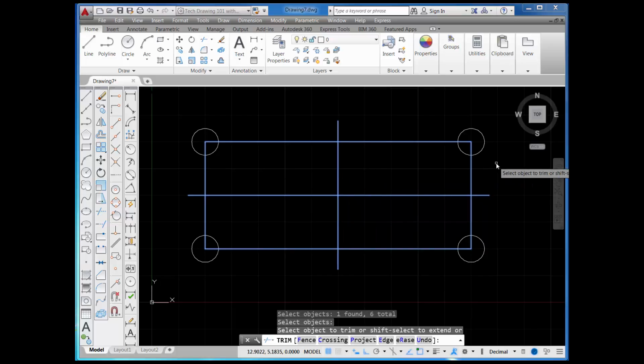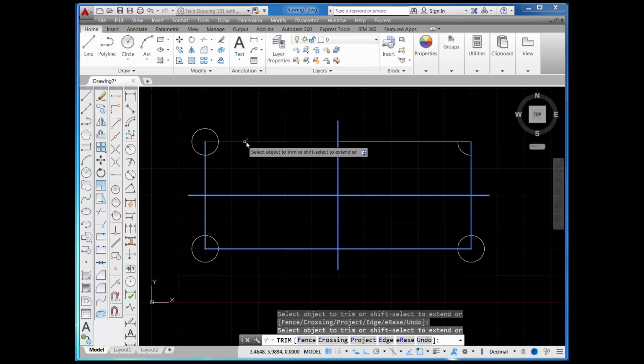Now here's how this works. Let's say that I wanted to trim this circle on the outside. Well, since this horizontal line on the top and this vertical line were identified as cutting edges, if I pick on this circle, it trims all the way back around to there. Now let's say that I wanted to trim out the inside corner of the circle. Since this is a cutting edge and this is a cutting edge, if I pick here on the circle, it